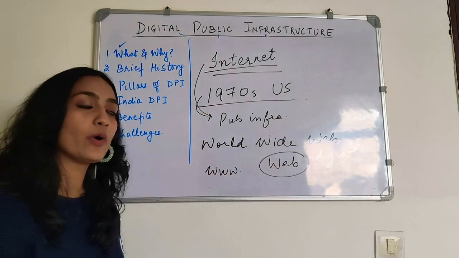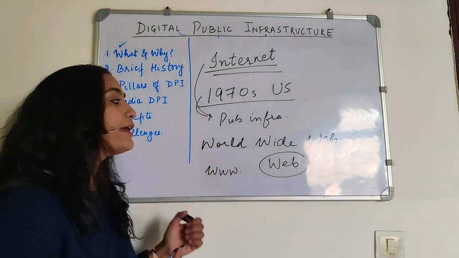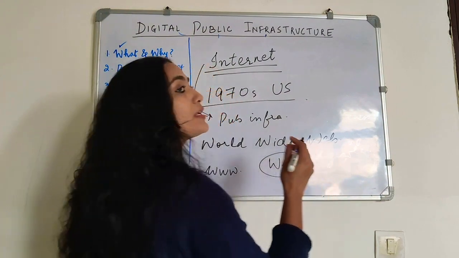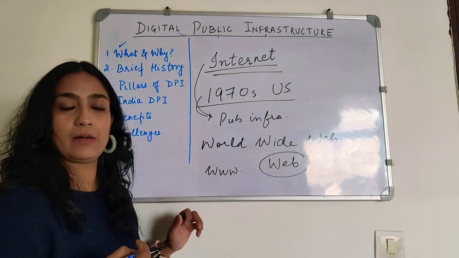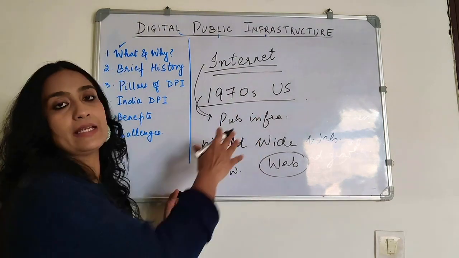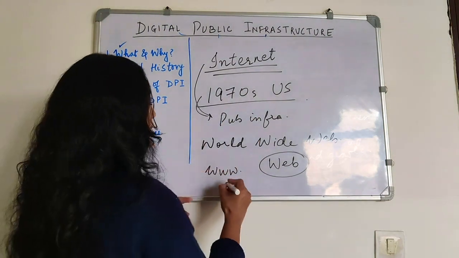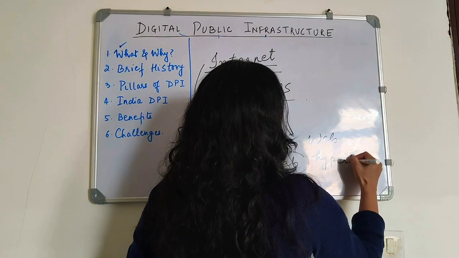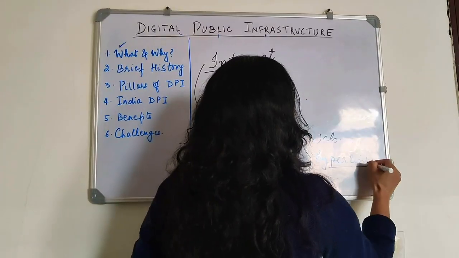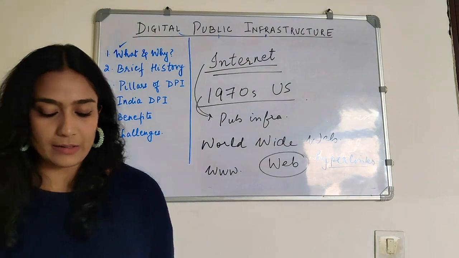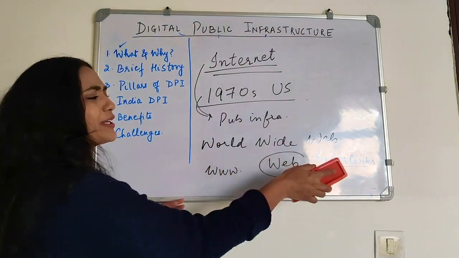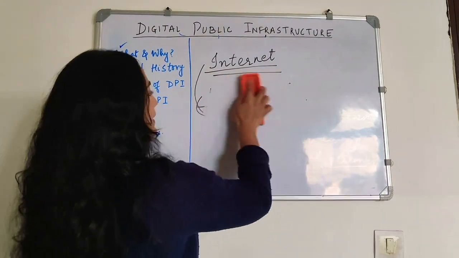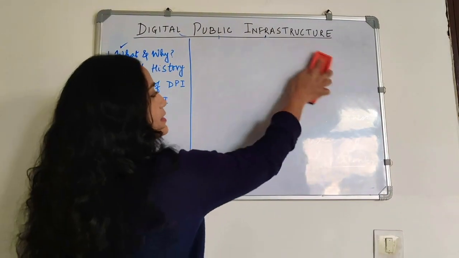Now, what is the web? What is the World Wide Web? The World Wide Web is the information retrieval service of the internet. So it uses what are called hyperlinks. I will not go into detail of what these terms essentially mean. Let me explain it to you via a simple diagram just to make things intuitively clear.